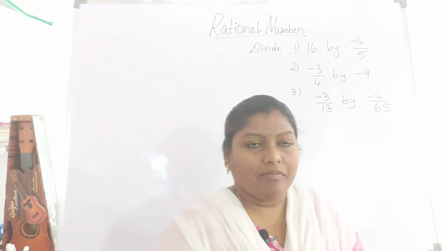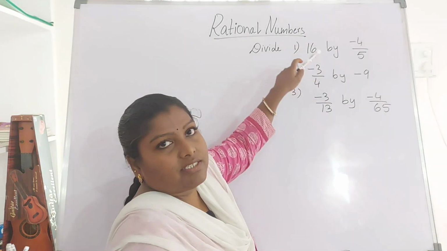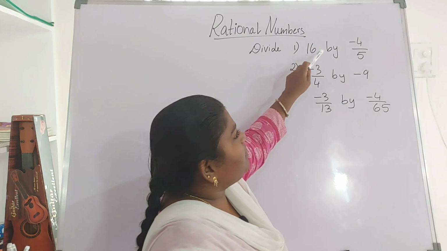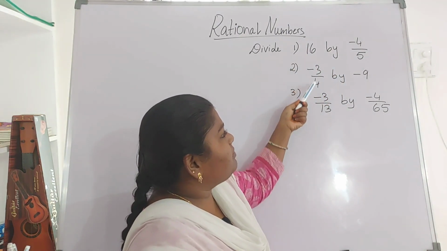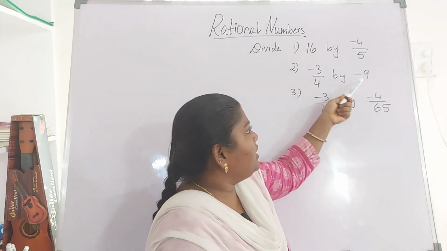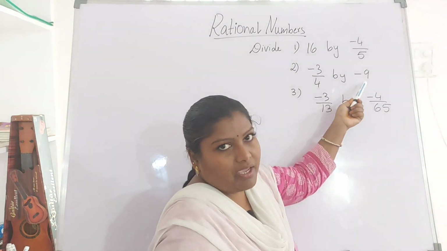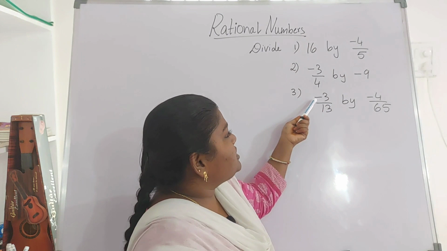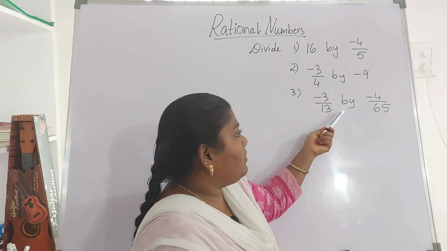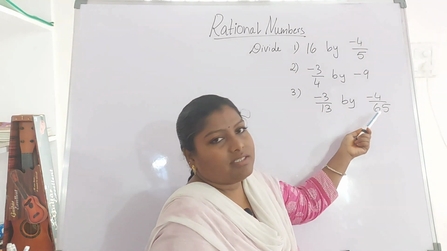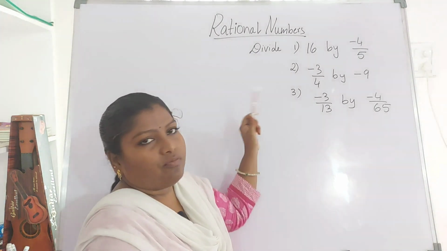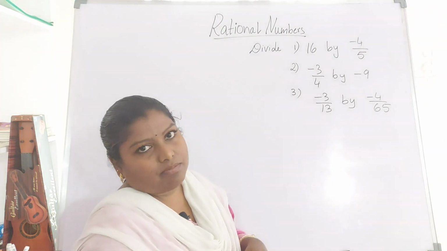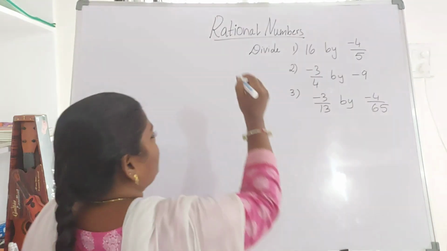So let me start. This is the first example I've taken, that is 16 divided by a rational number. Next one, minus 3 by 4 divided by minus 9, a rational number by an integer. Next is minus 3 by 13 divided by minus 4 by 65. Now both are rational numbers here. So I have taken three different types of problems. Let me explain one by one. So the first one,